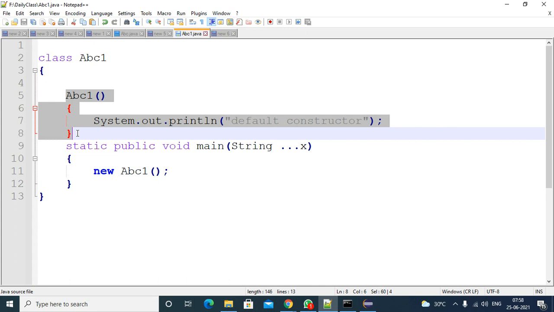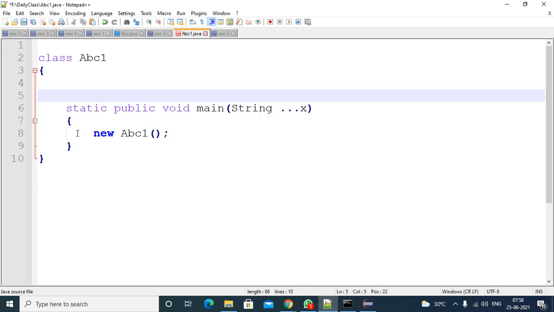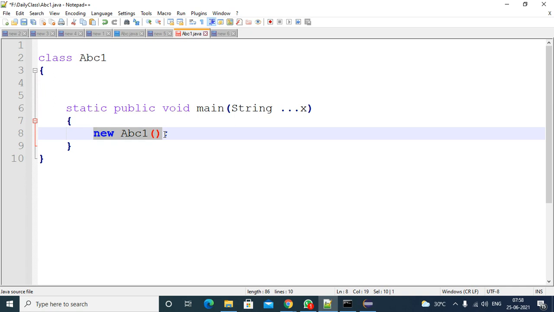Suppose in your program you don't have a constructor, you don't have a default constructor. If you are creating an object, then what will happen? Whenever you create the object, it has to execute all the steps: identification of instance members from top to bottom, assigning the instance variable values, and execution of instance blocks.